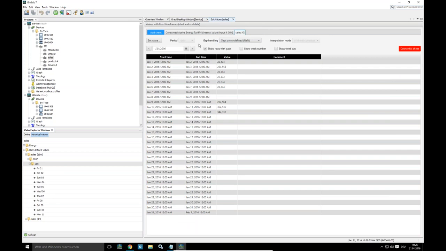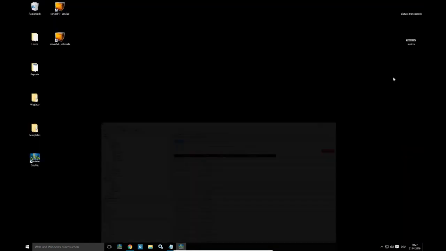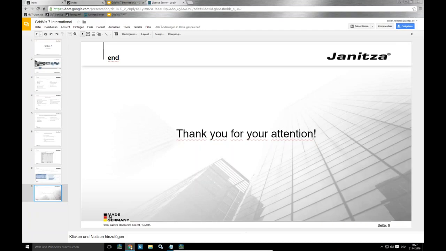Yeah, in the GridVis desktop, that was a function for the GridVis desktop. All other functions are our new GridVis Energy for the GridVis 7. Then I will start with our main focus for the GridVis 7. That is a